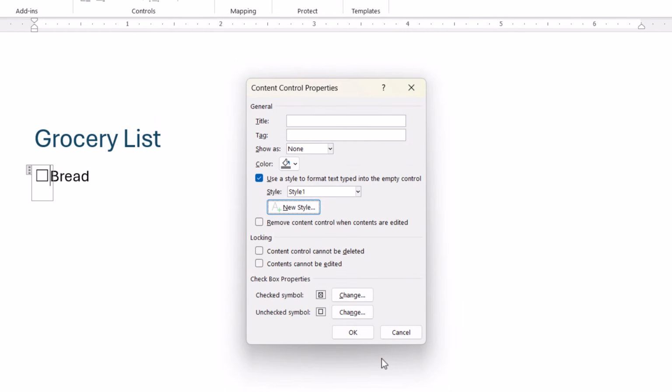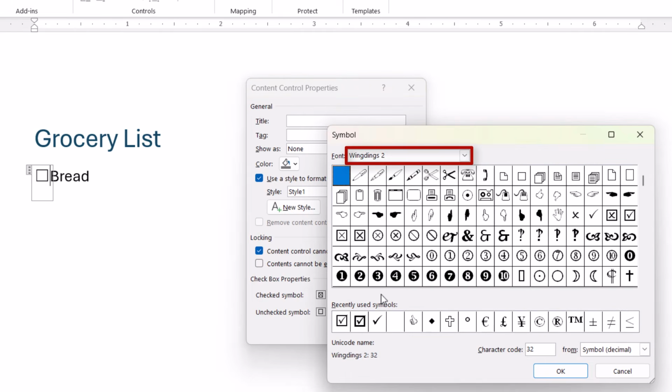If you want to prevent the checkbox from being removed from the document, select Content Control Cannot be deleted. If you want to prevent the checkbox from being checked, select Content Cannot be edited. For example, you may want to use this option if you have a default choice in a form or checklist that shouldn't be changed. Next, select the Checked Symbol Change button, and then choose a new symbol from the Wingdings,